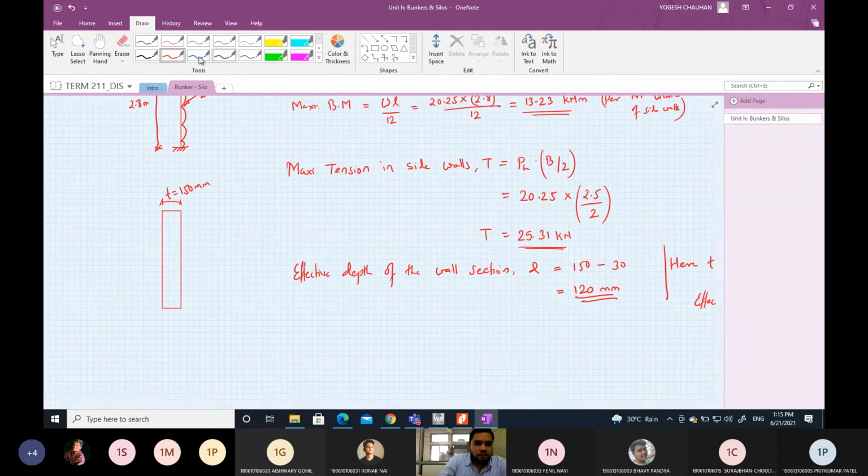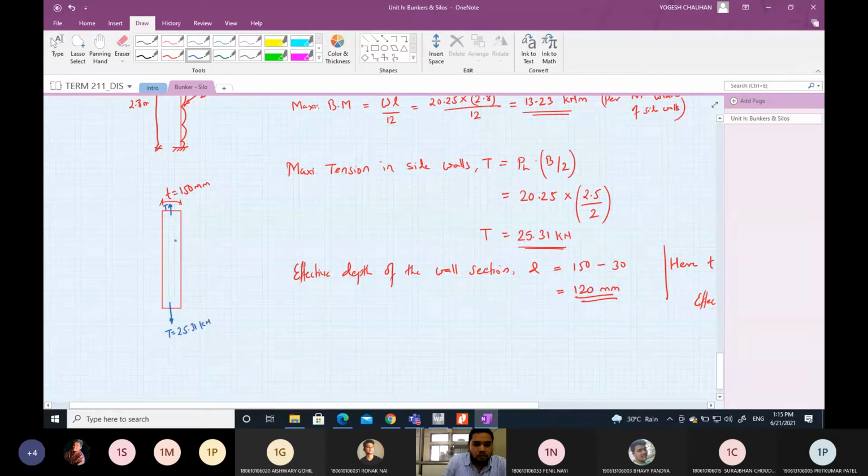Now the tension force will be acting at the center of the wall. So this is T, where T is the tensile force, which is equal to 25.31 kilonewton, and the bending moment